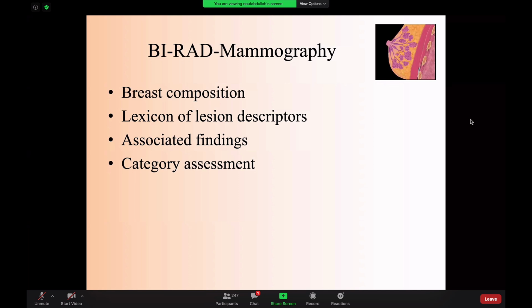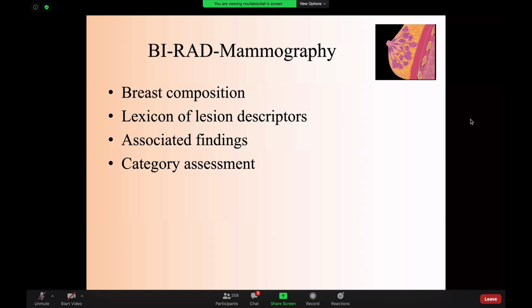When I used to be a resident, breast imaging was one of the worst subjects that I didn't like. I always felt that it was a bit difficult. We didn't have good teaching. We didn't know how to characterize lesions because we didn't study the lexicon very well. And when I did my fellowship, I completely understood from the first day. Once you understand BI-RADS, it will be very easy for you.